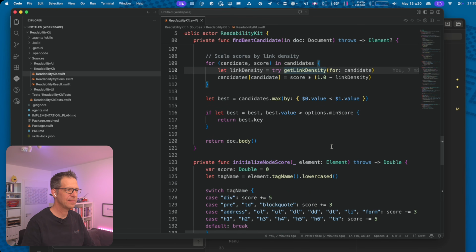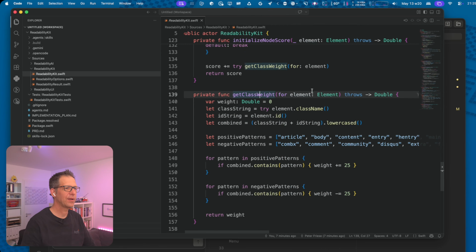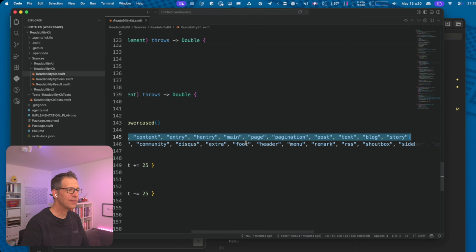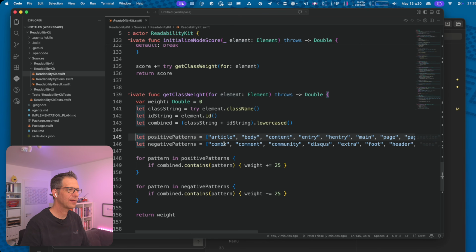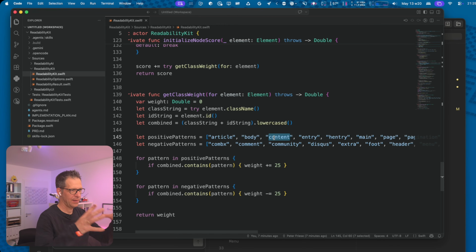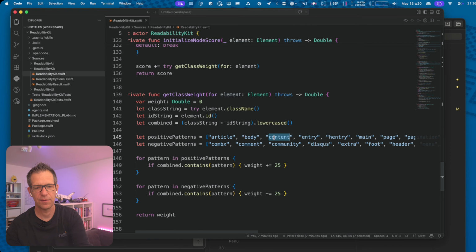Link density. Get class weight. Oh yeah, so this is one of the interesting parts here. We have a list of positive patterns like article or body or content, which will obviously increase the relevance of a class or of an environment, and that might be a div or